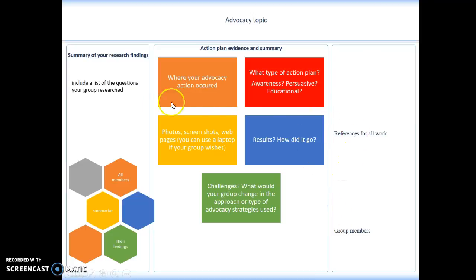And references, a master list, not for each person's question, but a master list of what all resources you use. So that can be a compilation of all the ones that you used individually made into one master list. And again, the names of the people in your group. So that's what I'm expecting us to set up in week 14 in the classroom, and then we'll do the